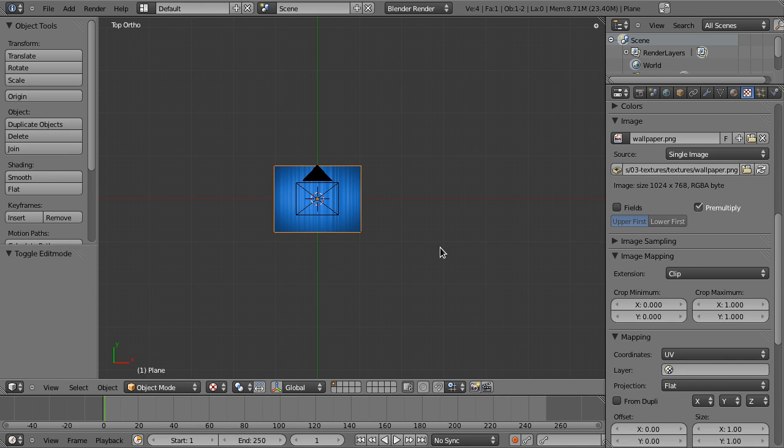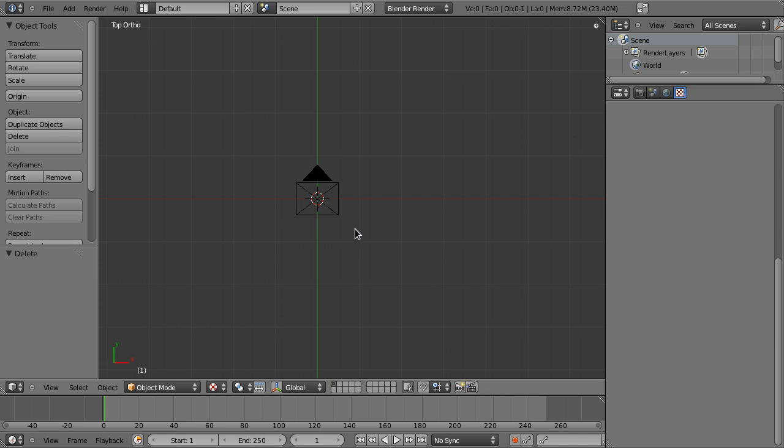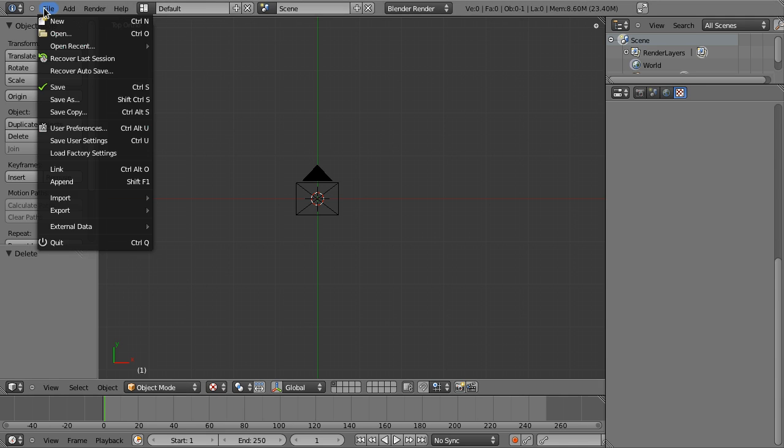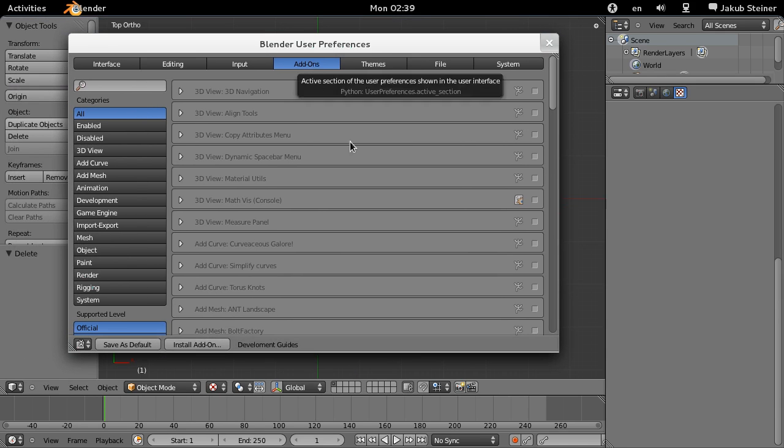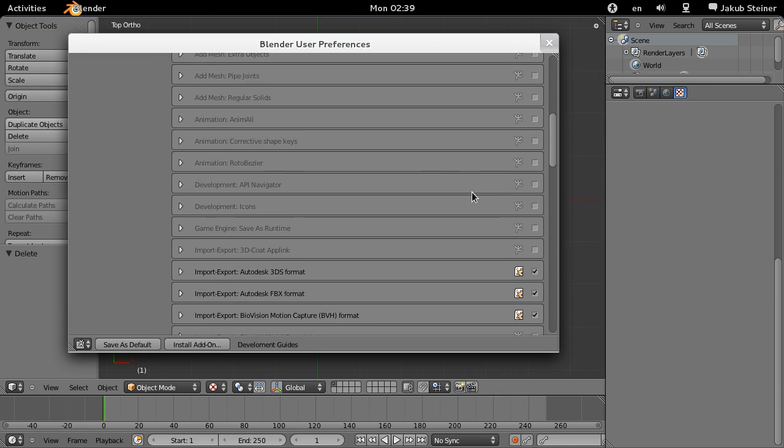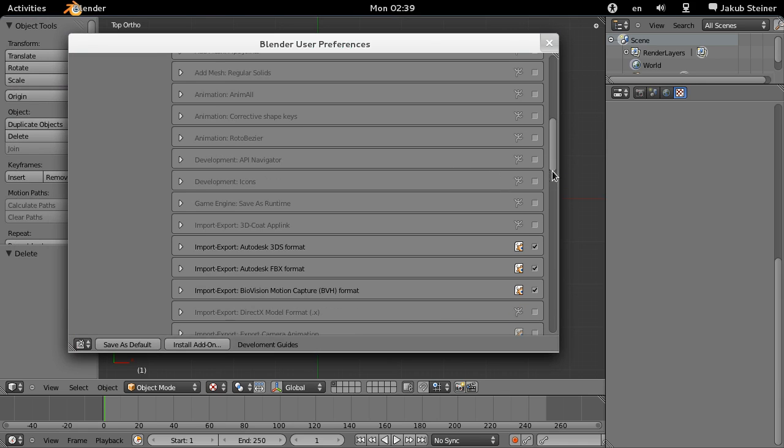What you can do, I'm going to start from scratch really. I'm just going to remove this. What we're going to do is activate a plugin called Open Image as Texture. Now the first thing you need to do is enable it. So you go to File, User Preferences, and then there's add-ons conveniently placed, and one of those is import image,